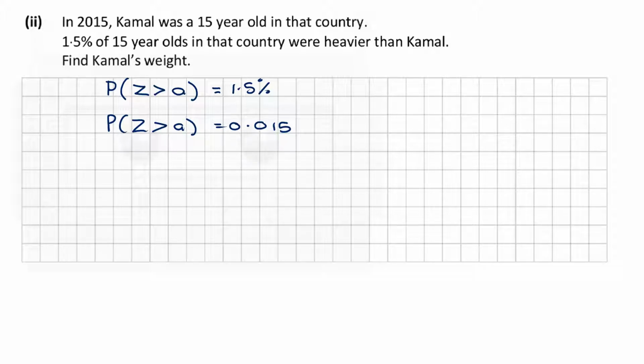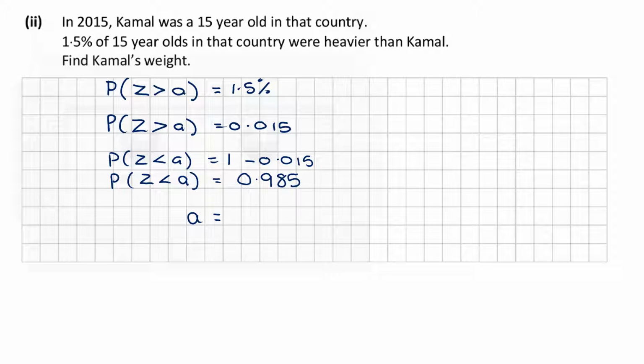So what we end up with is the probability that z is less than A is basically 1 minus 0.015, which is 0.985. So if you go to your tables and look up that value to figure out what the z-score actually is, we end up with A is equal to